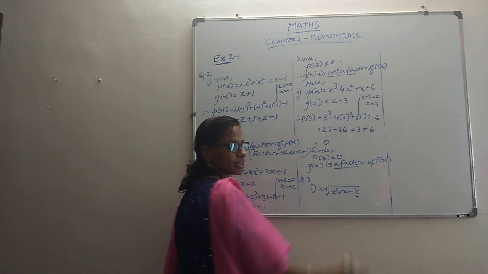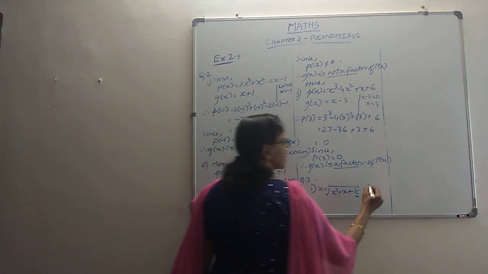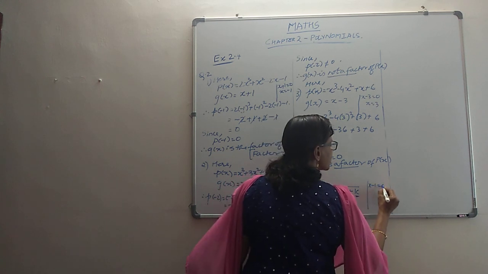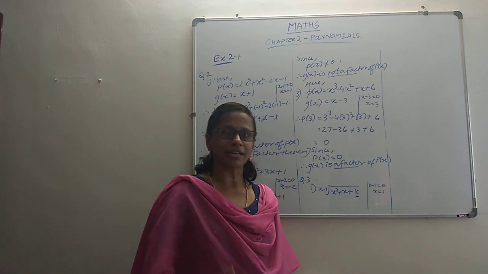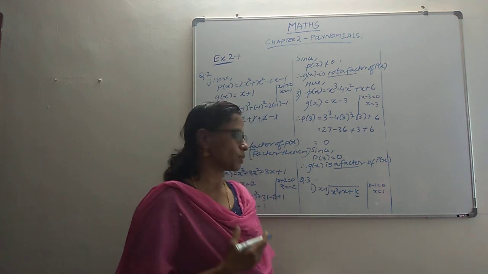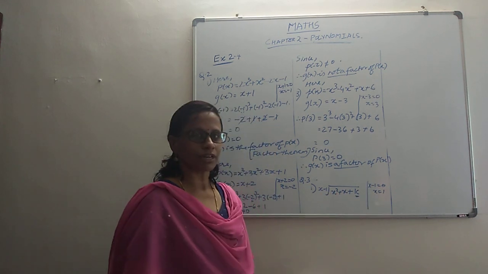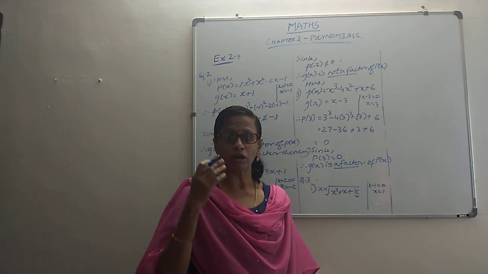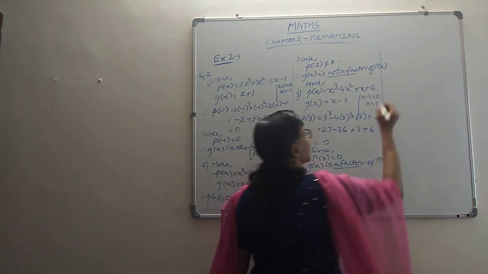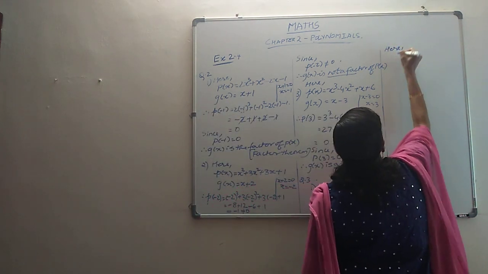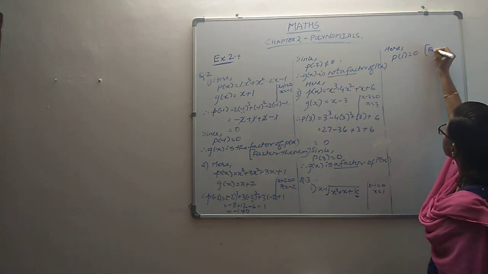So it's been given to us that this is p of x, so we need not assume anything. It's already given that this is p of x, and we have that little bit of rough work here. X minus 1 is 0, x is equal to 1, and this applies throughout the question, because everywhere the divisor polynomial is x minus 1. Now this is our p of x. In fact, p of 1 is 0 because it's already given that this is a factor. So we will say that here p of 1 is 0. Why? It comes by factor theorem.